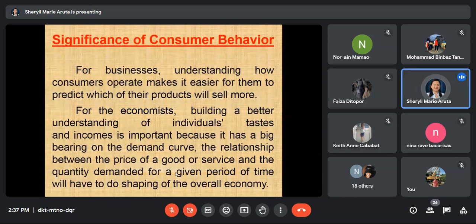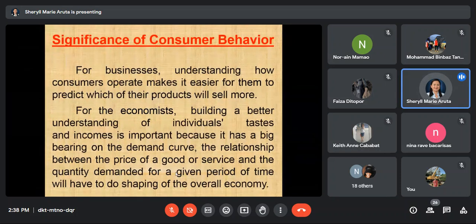Again, the price and the quantity demanded will be the ones to shape the overall economy. Kay gikan ana dependent man god ang demand, dependent ang supply sa price and the demand of the consumer. So as we look at the relationship of demand and the law of demand, if the price is high, consumers dislike to buy the goods at the higher price. So technically, quantity demanded will decrease. So if the quantity demanded will decrease, there is a ripple effect on the supply